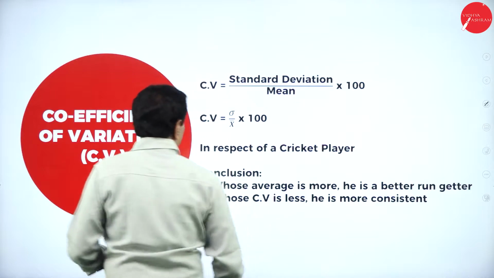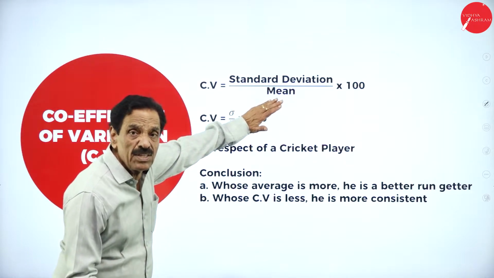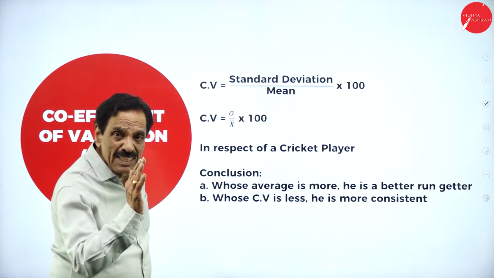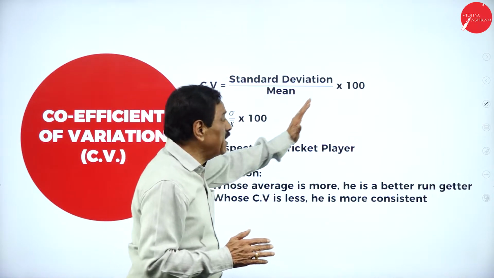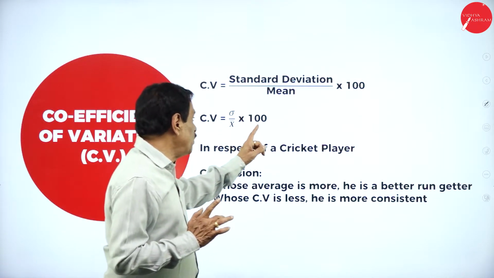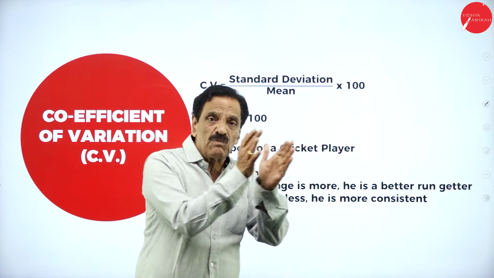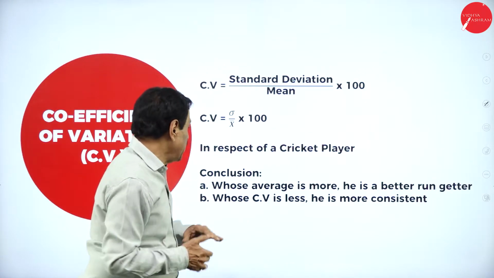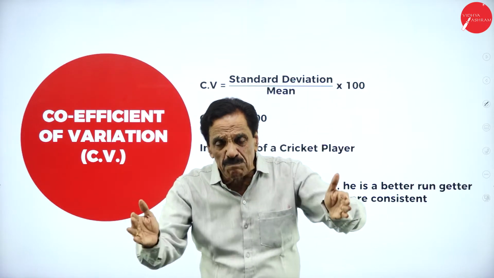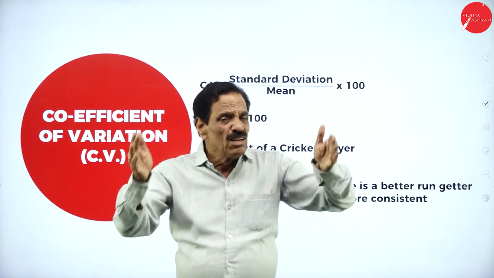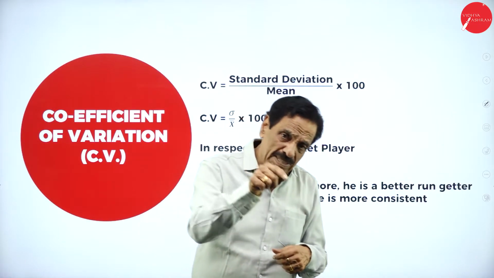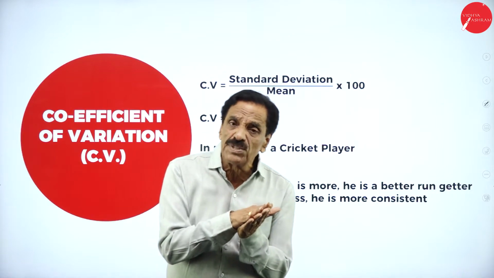Coefficient of variation formula: standard deviation divided by mean into 100. What is the formula? Standard deviation divided by mean into 100. First, we have to calculate the standard deviation, then mean into 100, comparing x and y. In respect of a cricket player, we are calculating for two cricket players. There are 10 innings. First, we take the average of the player, then find out the standard deviation and CV, the coefficient of